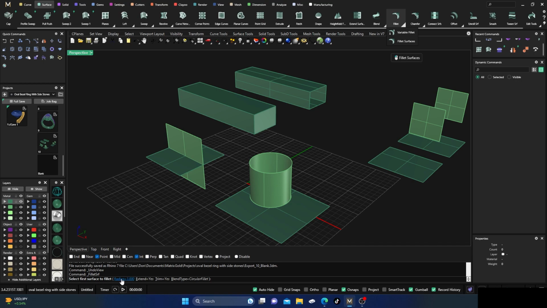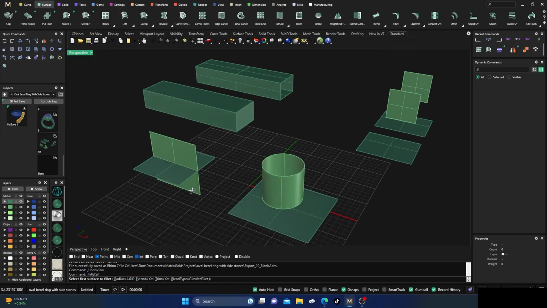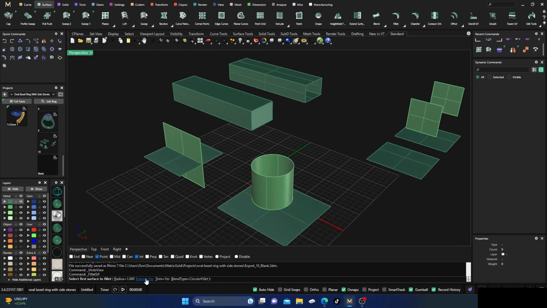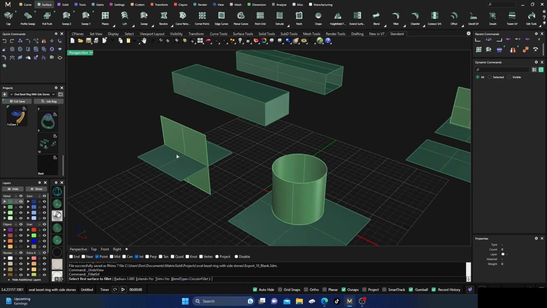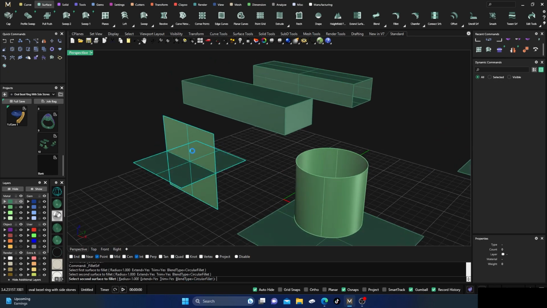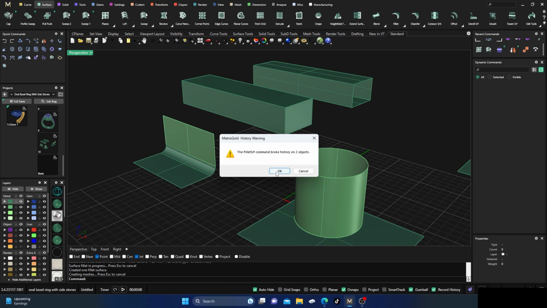And right here I have it set as radius is 1, extend yes. Extend doesn't really do anything when they're the same size. We'll get to that in a bit. So I think this is the default settings. Yeah, I think so. And then trim yes, and then blend type circular fillet, right? So basically all we have to do is select two surfaces and it puts a fillet out there for us